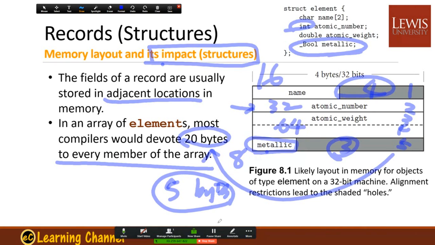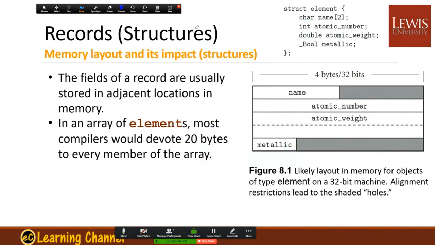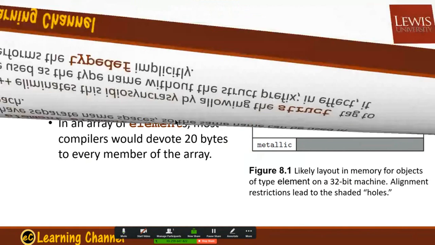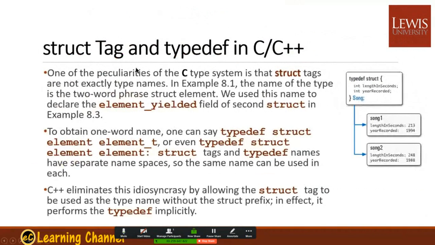But most compilers would take the waste and just linearly lay out the different data types. It doesn't have the compaction. But this one actually, for the type definition for C++, one of the